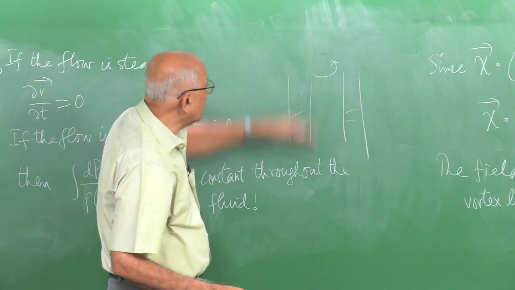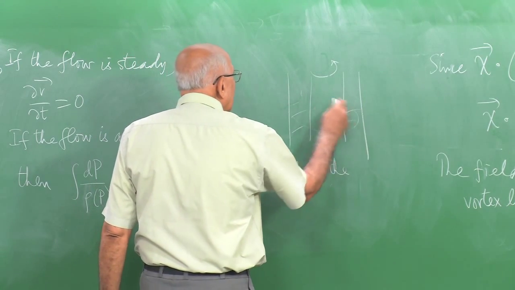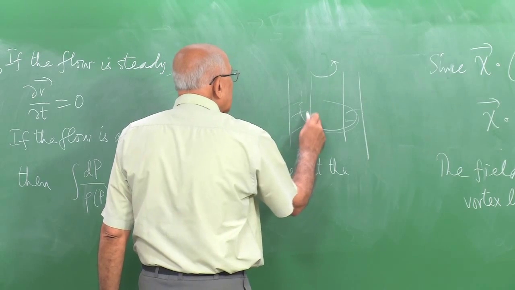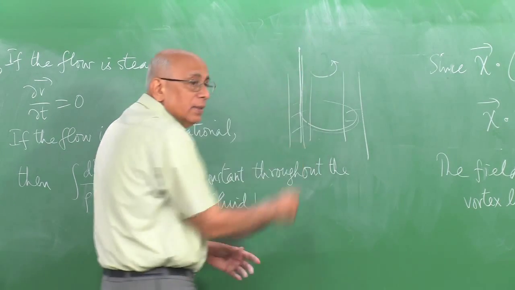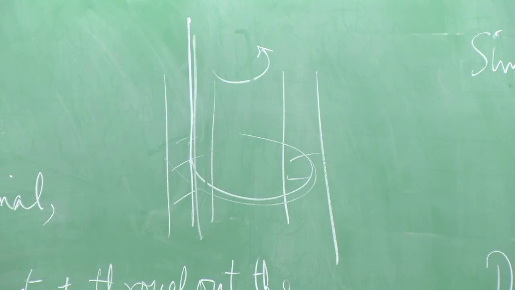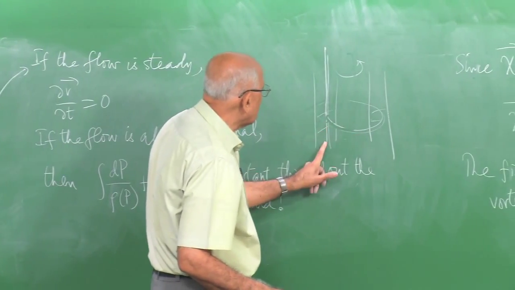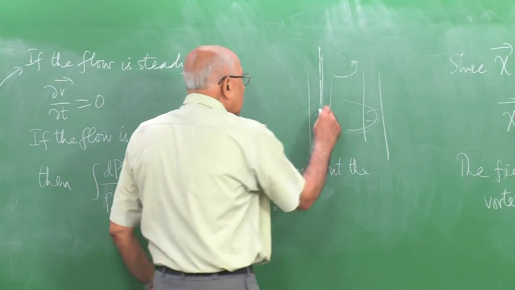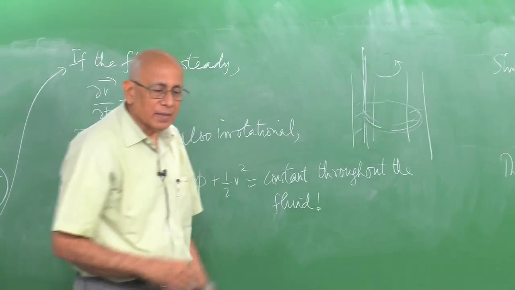There is no flow in the z direction at all, and each streamline is a circle of some kind, and each vortex line is a line along the cylinder formed by these little rings. And now you are told that this combination is constant along this line, it is also constant along this line, therefore it is constant along that line and so on, and therefore you have exactly the same value